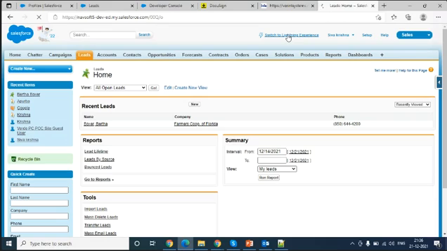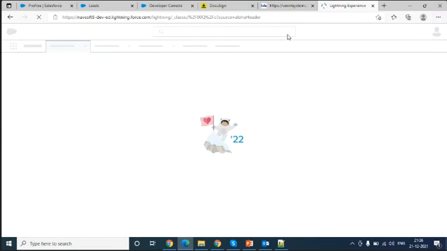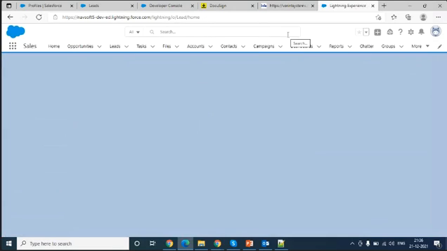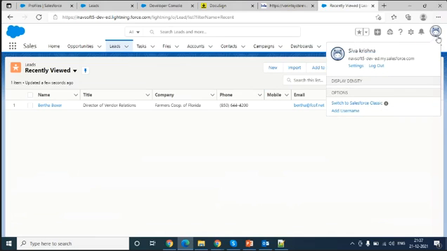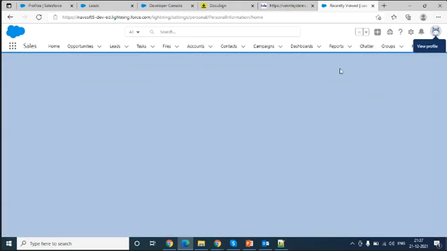Let me redirect to Lightning. So this is the menu or details section, or you can click settings.